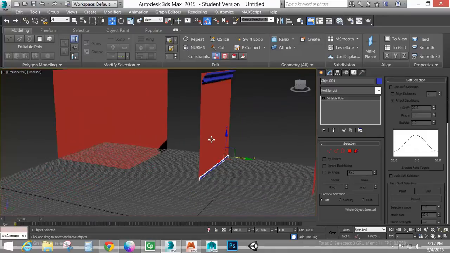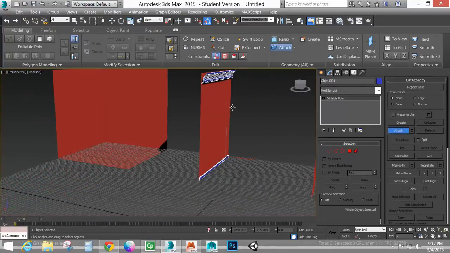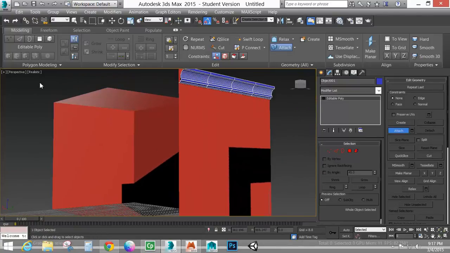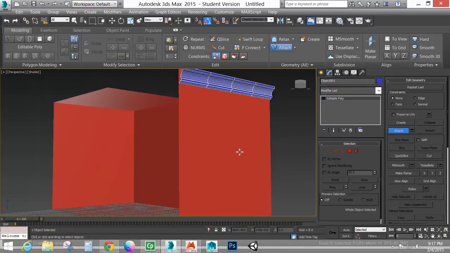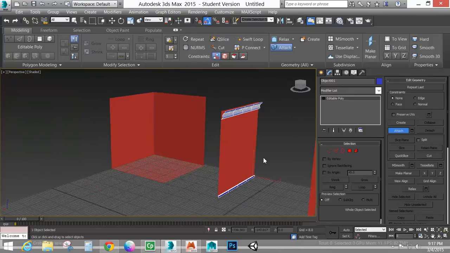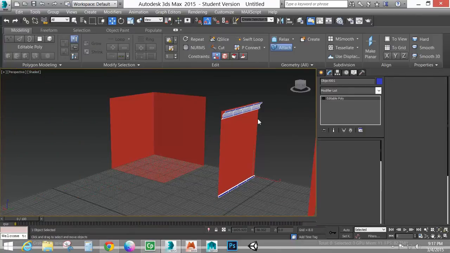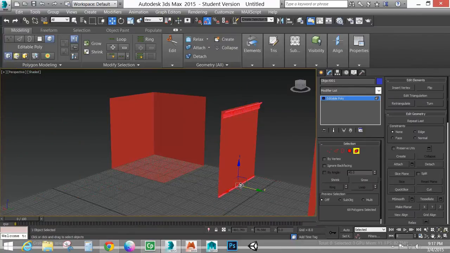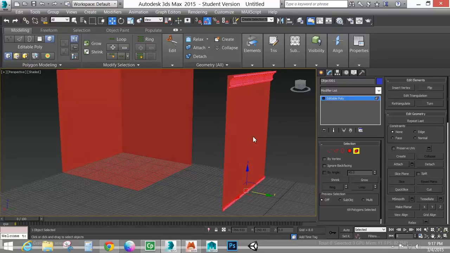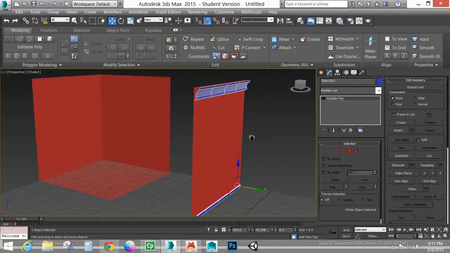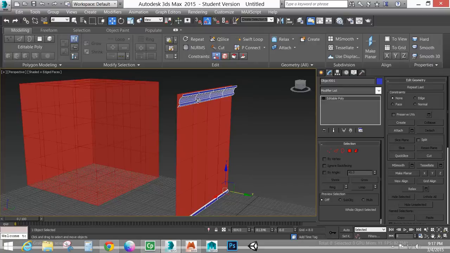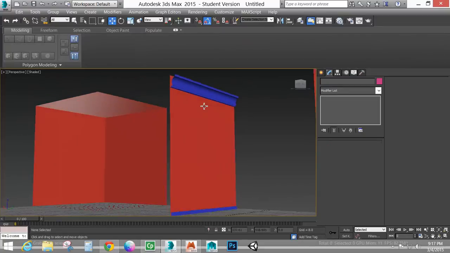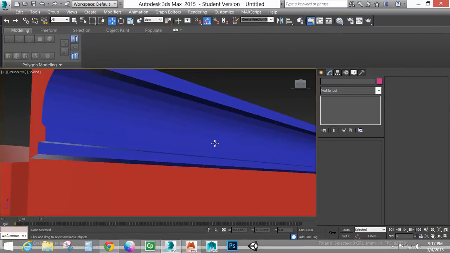So now what I can do is I can take these two sections and attach them together. Let me turn off realistic view here so we stop getting those shadows. The other thing I want to do is select both of these, and right now if we just look at these and I turn off the wireframe here, we see this kind of faceted look, and that just means that I'm getting this kind of banding